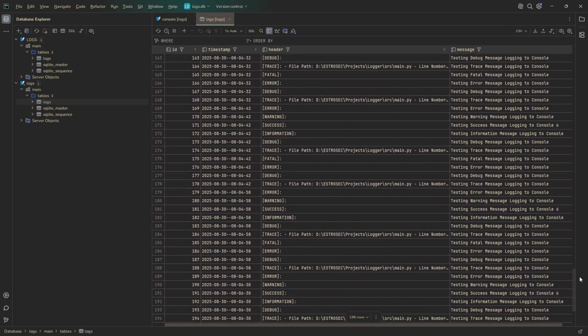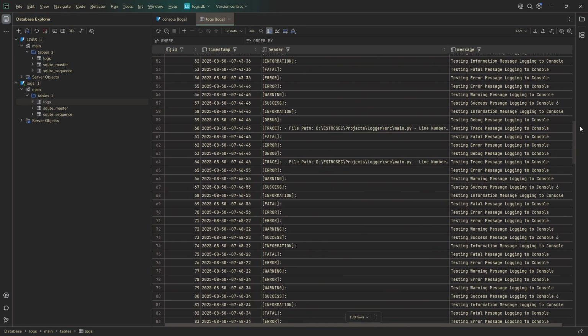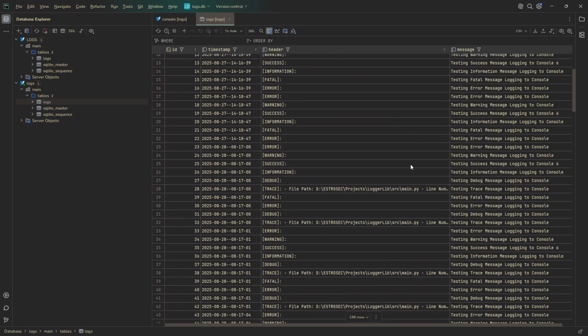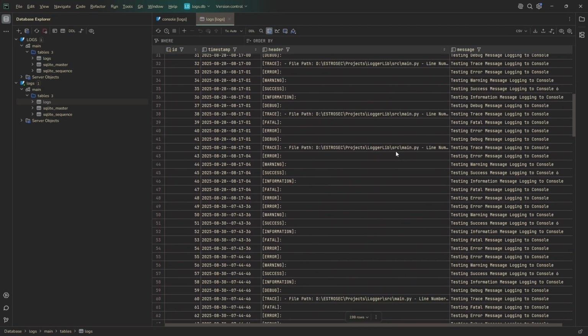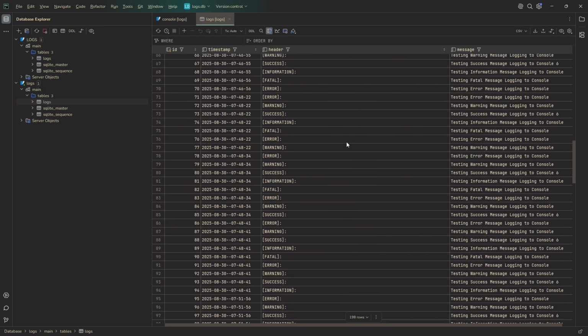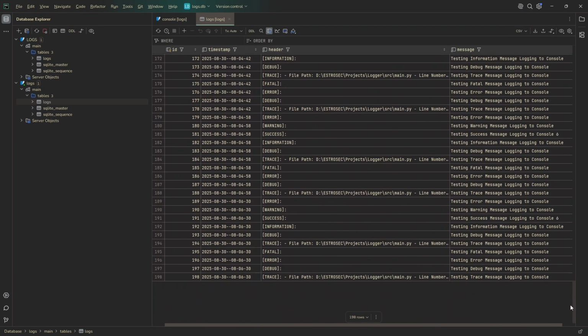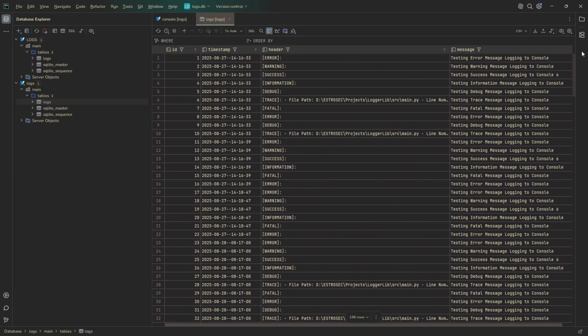Now we do get... Oh, I've just noticed a bug with this. I didn't actually realize. I haven't got anywhere a way to determine what the logger is. So is it my logger? Is it logger 2? Like, what's the actual logger name? I haven't got that in here. That is something I need to actually do. So I'm going to make a note of that because I apparently made a mistake with that. Okay, awesome. So that's something I'm going to fix ready for when I actually do a tutorial on this entire